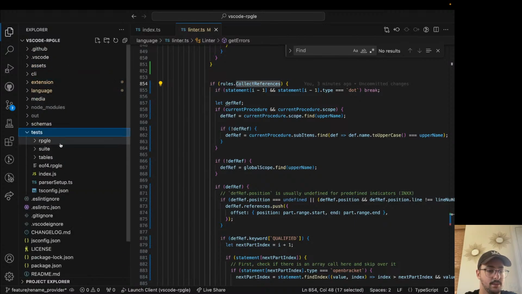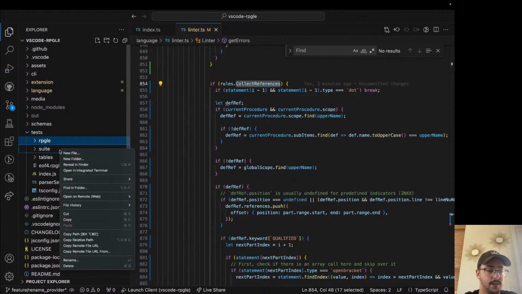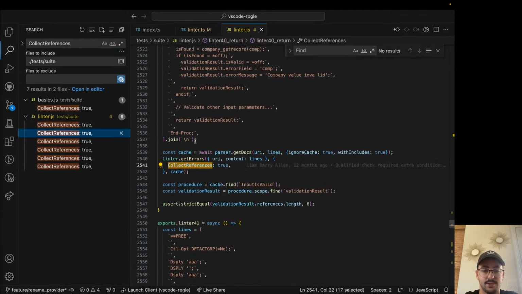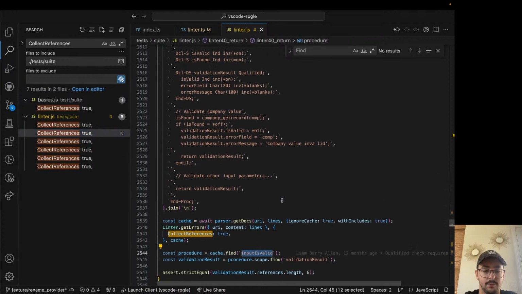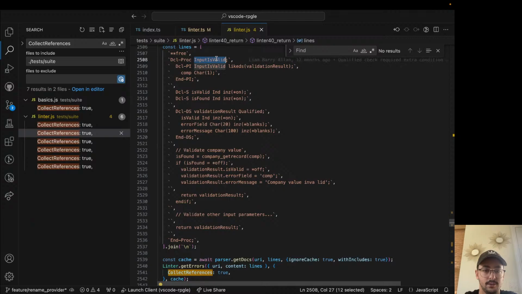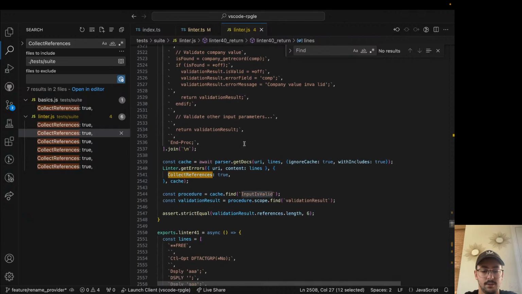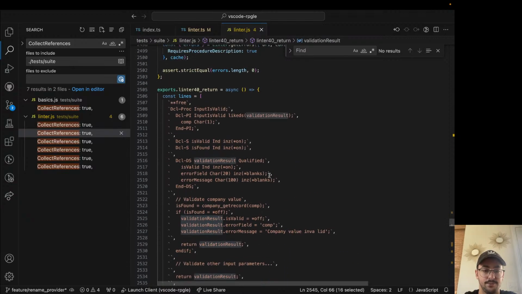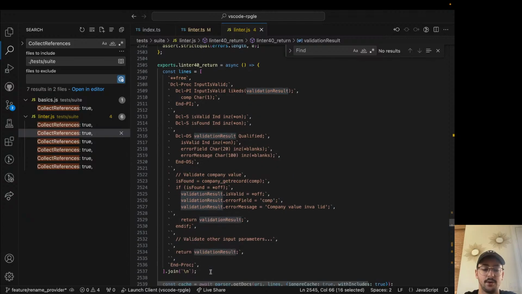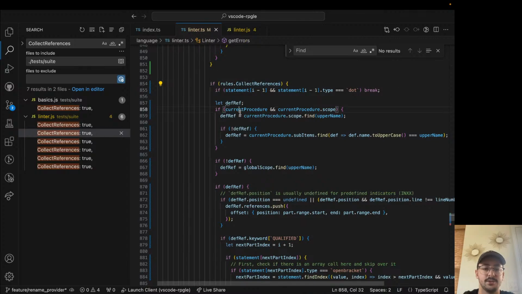tests, RPGLE, no, let's go suite, find in folder, collect references, we have a bunch. So input is valid, and we expect the length to be 6. Nope, validation result. 1, 2, 3, 4, 5, 6, 7. Okay, well, you can see here that, like I mentioned before, it doesn't collect stuff here. Like, it doesn't collect anything in definitions, which is okay, but